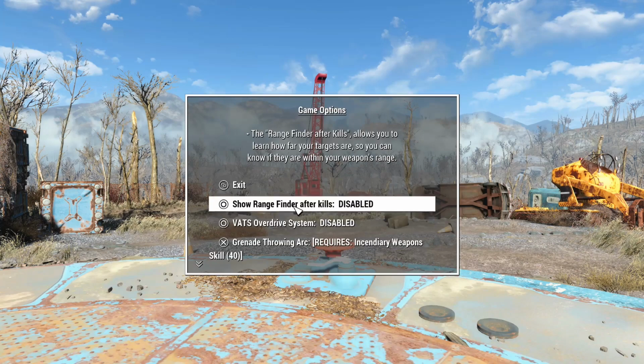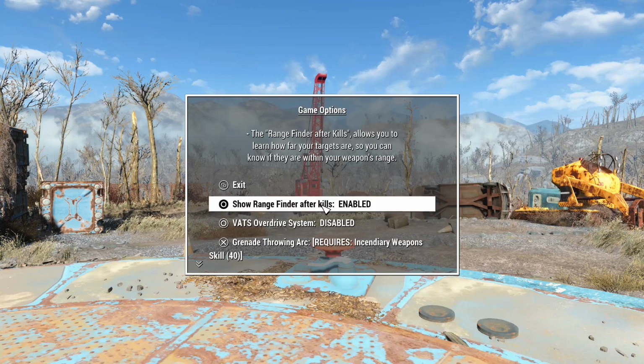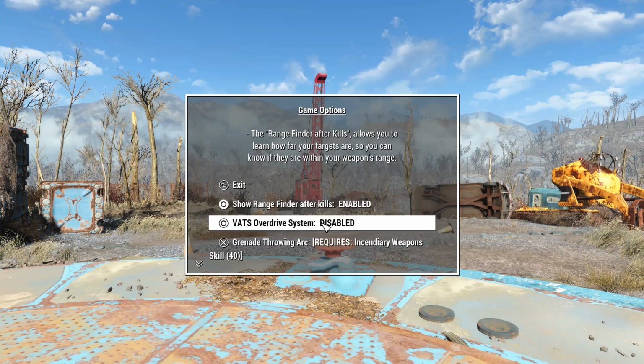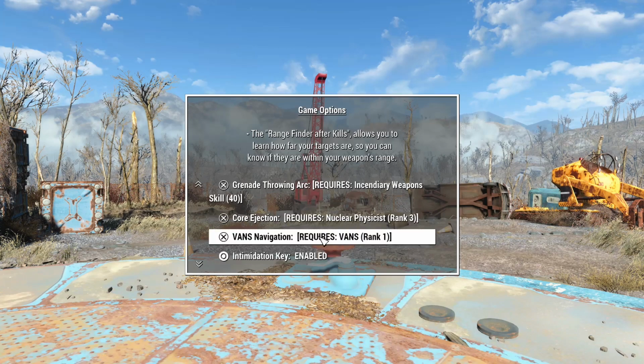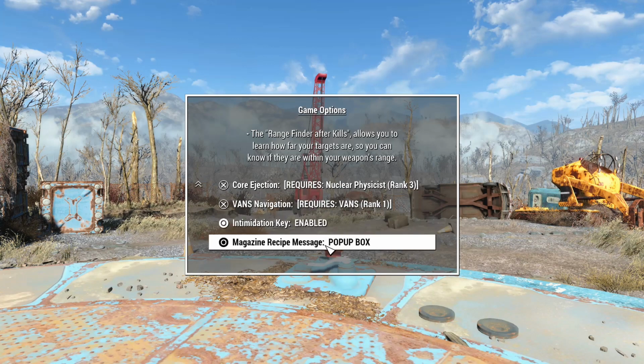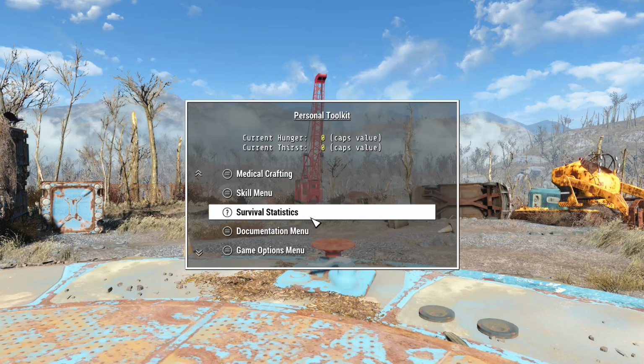Alright, this one I like to enable because I want to know, it says over here, at what range did you kill them? Very useful to know how far away they are, and it also gets you used to range in Horizon. I've not used the overdrive system. It's a bit like bullet time, I believe. That's your throwing arcs. You can, as you can see, Van's navigation requires Van's rank 1. There we are, an exit, and